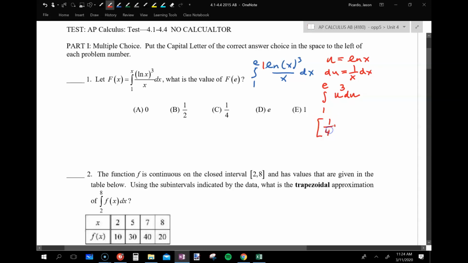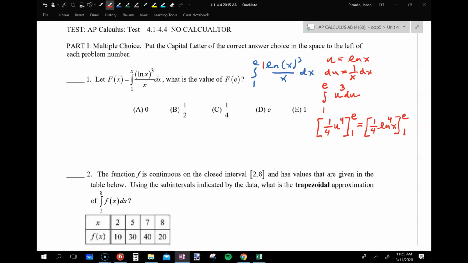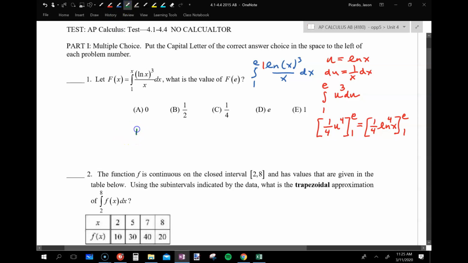So a fourth of u to the fourth from e to 1. U was that. And then we just plug in our e and plug in our 1 and take our difference. So our final result is going to be a fourth